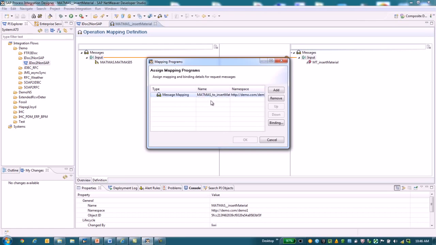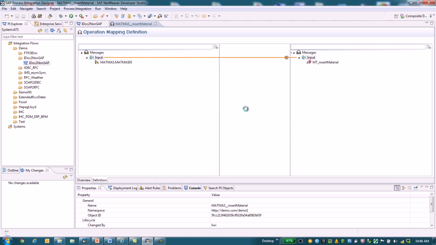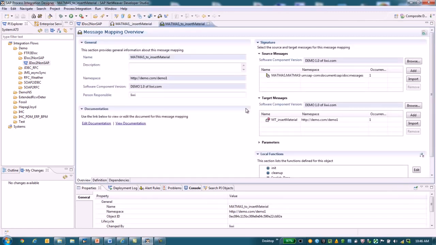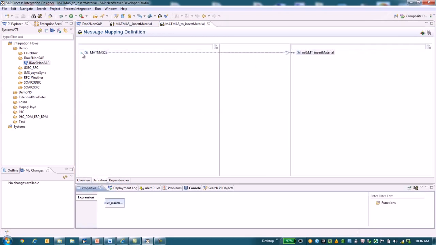And if there is more than one mapping, they will show up here. And we can double click on the mapping, on the message mapping. And the message mapping is going to have the source message type, which is the IDOC. And here is the mapping involved to insert into a table of a database. We can look at the definition of the mapping. And here we will have